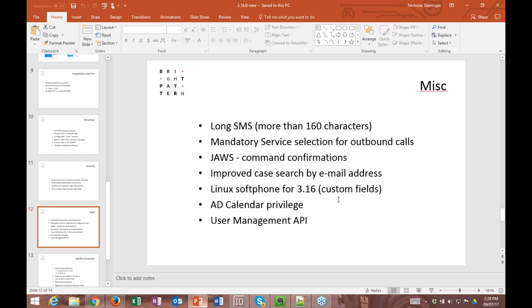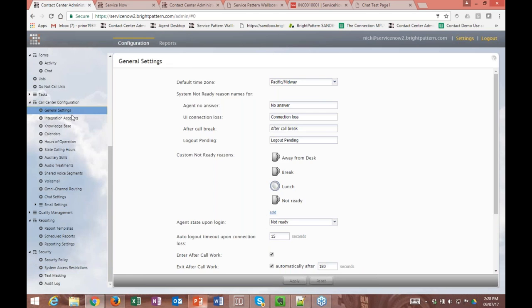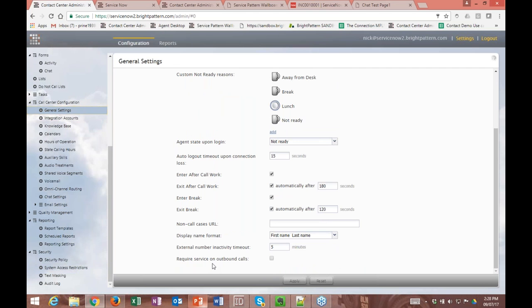And then just a couple of other miscellaneous features that didn't really fit into the previous categories, but we have support now for long SMS, so more than 160 characters. It's now supported. Mandatory service selection for outbound calls. That is going to be in the call center general settings. Require service on outbound calls. So what that means is if an agent makes an outbound call, you can now require them to choose a service when they make that outbound call, so that, for reporting, it's tied back to that original service that they made the call